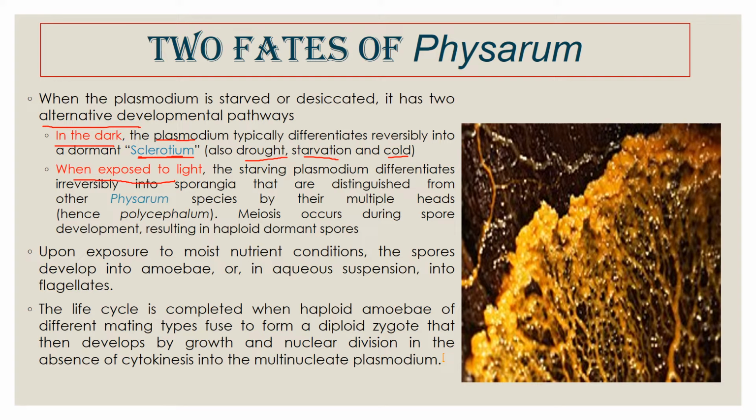Usually the plasmodium is acellular, that is, it does not have a cell wall, but the sclerotia does have a cell wall, and the cell wall protects the sclerotia during drought or high temperature, and practically sclerotia remains dormant for a very long period of time, say for example 7 to 10 years, and only on return of the favorable condition do the sclerotia